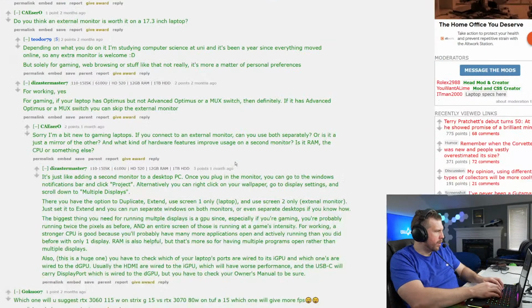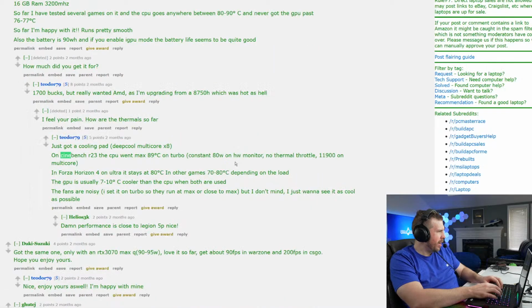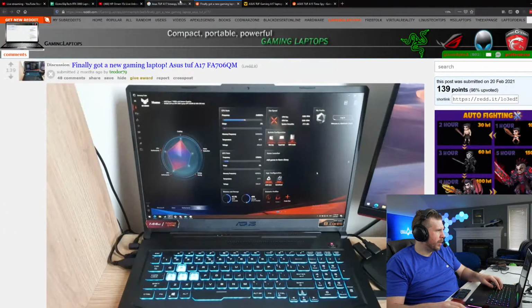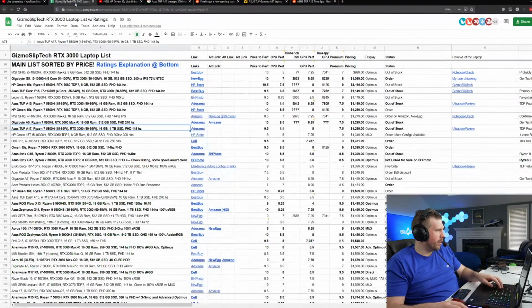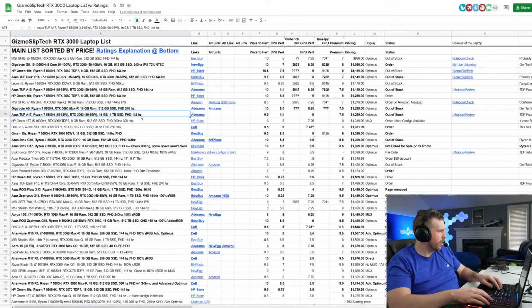Let me see if I can find it. Search for Timespy. Nothing. Nothing. Okay, so he did Cinebench R23. So he got 1100 on Cinebench R23. I guess I can put this. Is it 11900? Looks like a rounded number. Oh well. Okay, so